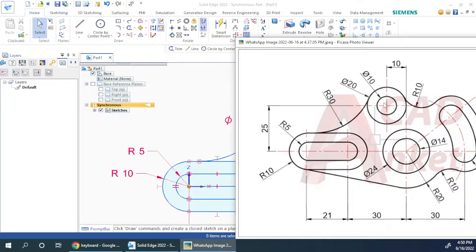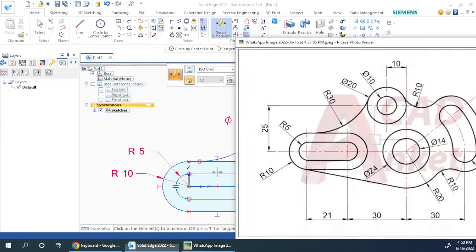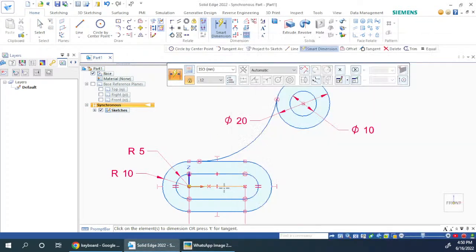Now the distance of center point we need to define. So from here it is 25 above. Let me take smart dimension. From the center, from this line to this center, this distance is 25,